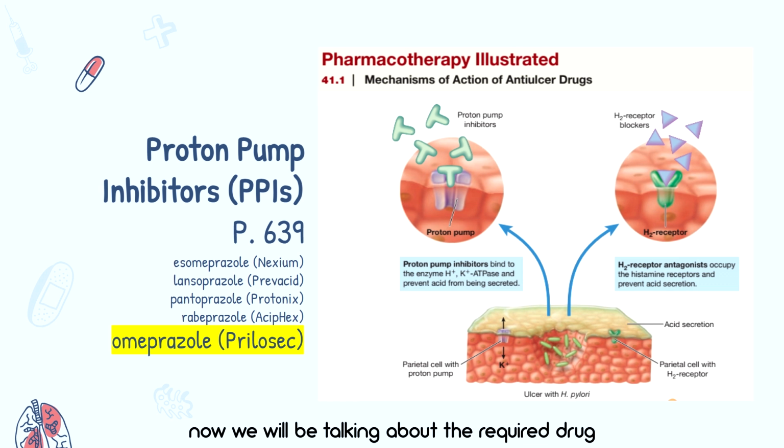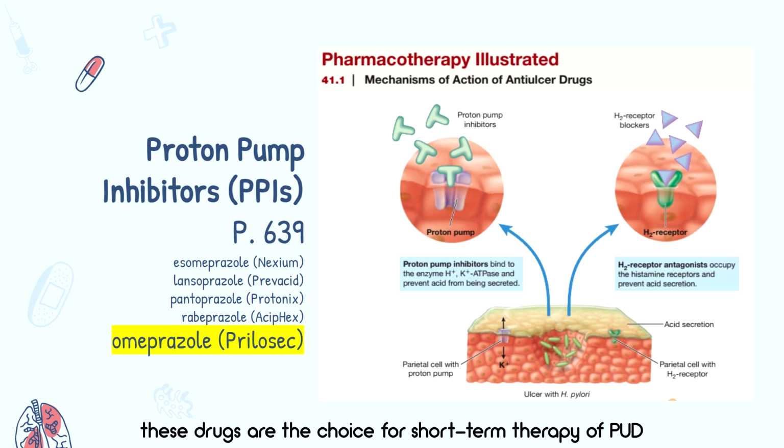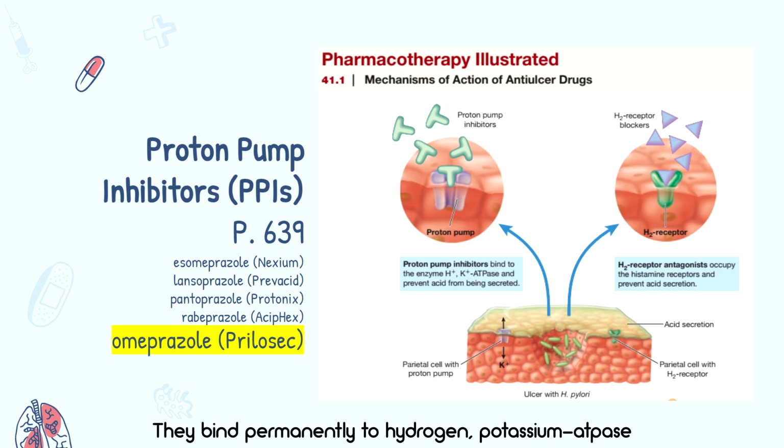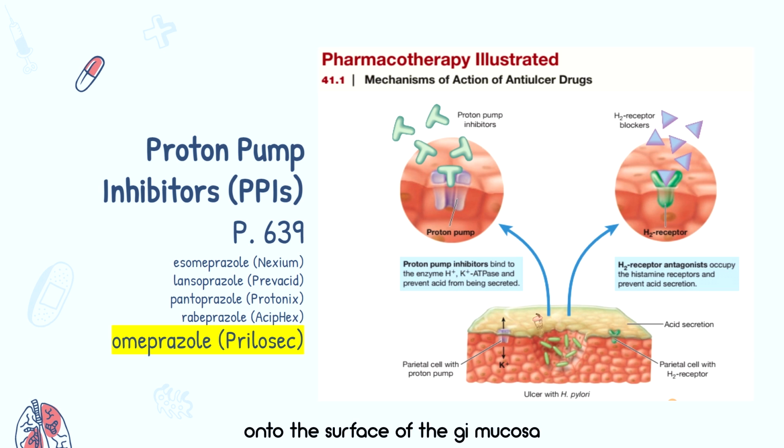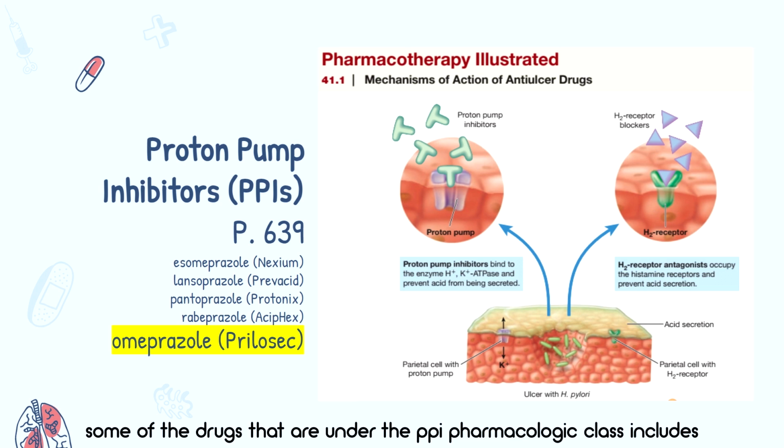Now we will be talking about the required drug, proton pump inhibitors, PPIs. They act by blocking the enzyme responsible for secreting hydrochloric acid into the stomach. These drugs are the choice for short-term therapy of PUD. They bind permanently to hydrogen potassium ATPase, which stops the transportation of acid, known as hydrogen or protons, onto the surface of the GI mucosa. Some of the drugs that are under the PPI pharmacological class include